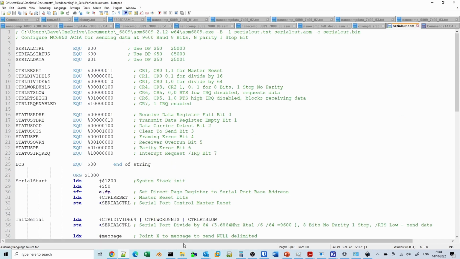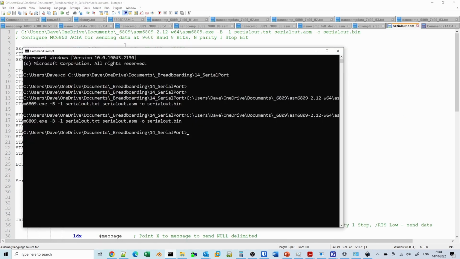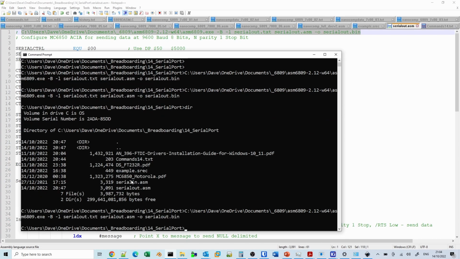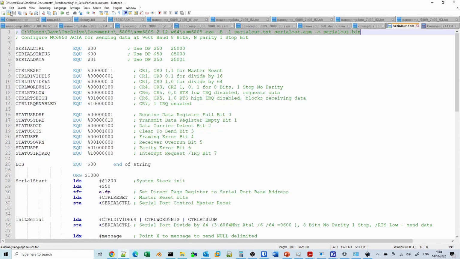What I'm going to do is to start a command prompt. I have got a command prompt here. We'll just make sure we're in the right directory. So if we have a look, just run that, and then we will just have a look at the listing